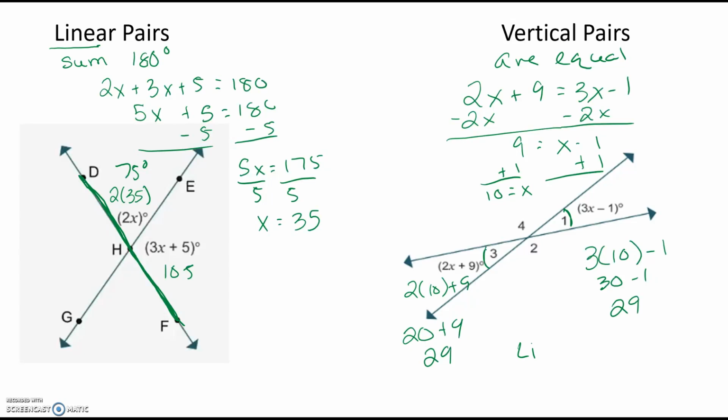I can use the idea of linear pairs to find out what 2 and 4 are. So I would know that 29 plus x is 180, and I'm going to try to find that guy right there. As I go through my solving steps, I end up with 151, and that is the measure of